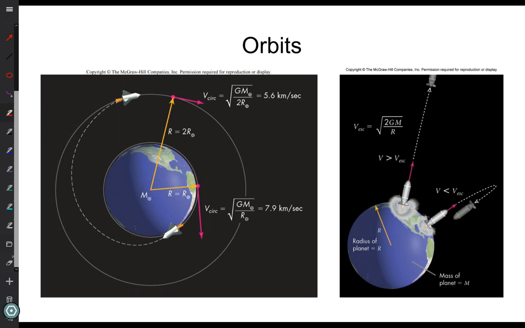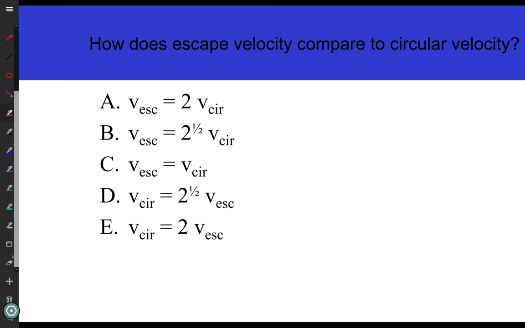There we go. So these are just figures illustrating what I've been talking about, calculating the circular velocity for a rocket at a radius of 2 times the Earth's radius. So I just put in the radius of 2 times the Earth radius to get the circular velocity at that elevation versus at the ground. Let's just go past this and get to our first clicker question. How does escape velocity compare to circular velocity? So this is asking you how those 2 equations relate. I would write them down, but then you would have the answer written down.